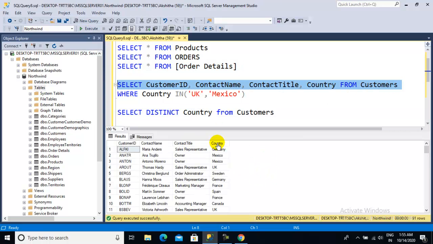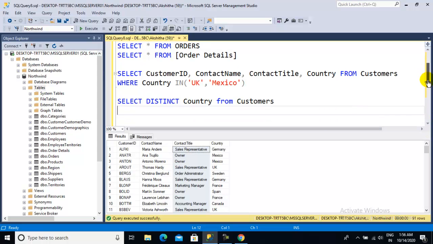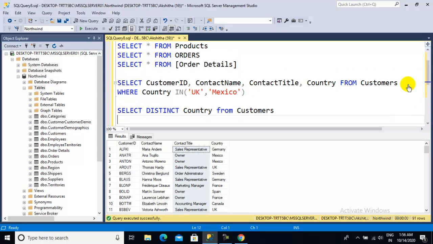See, however, this is the country information, right? In this case, for example, I need to put contact title as well.